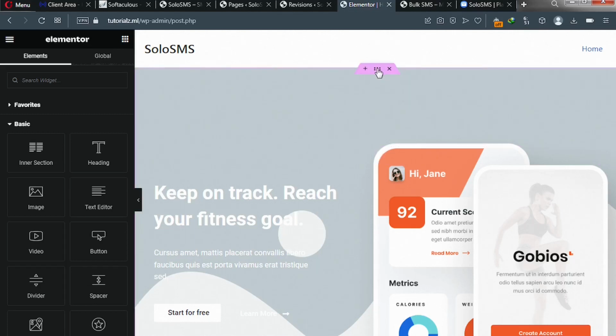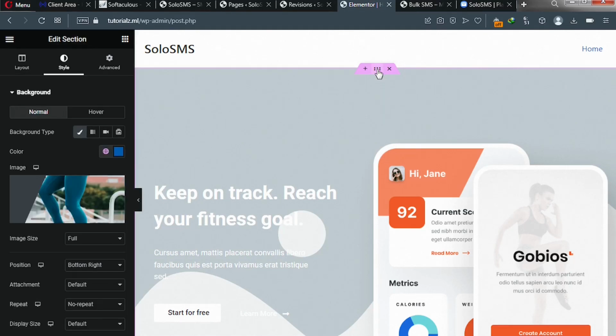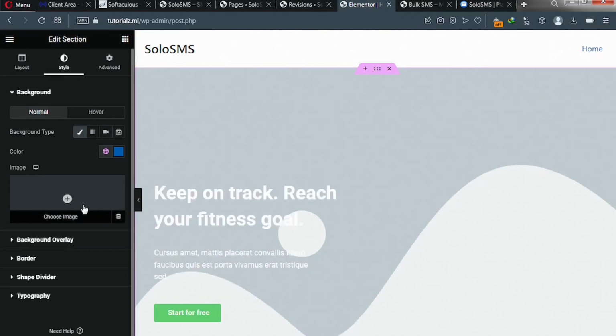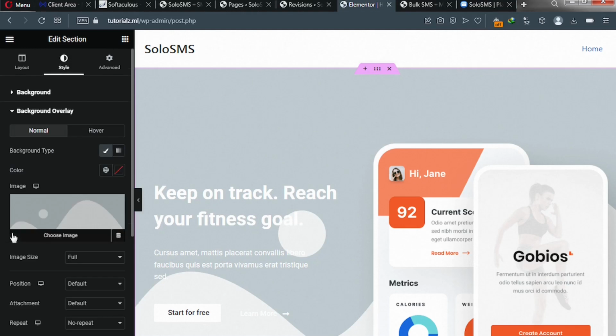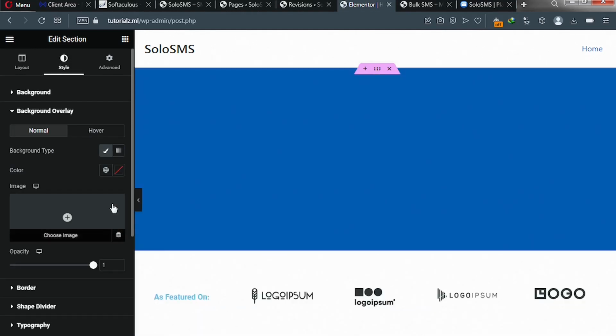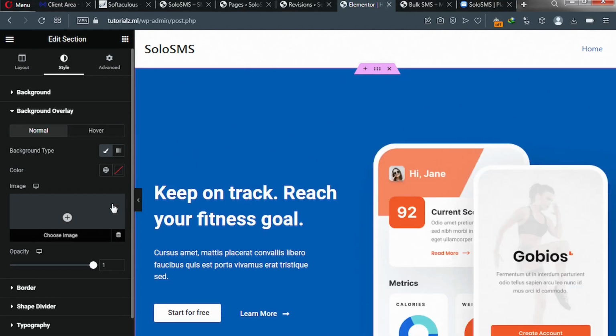Please, on top, click on these 6 dots. Click on style and then delete the image. So click on remove, scroll down, click on background overlay and then delete this one as well. After that,